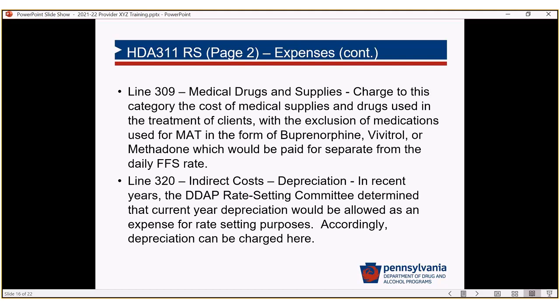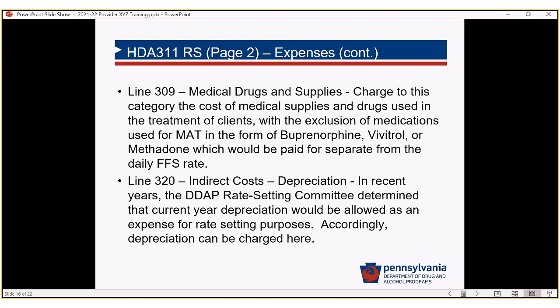The idea behind that is, as we look to collaborate with our MCO partners and compare apples to apples, we know that on the HealthChoices side, those medications are paid for by the physical health plan, not the behavioral health plan, and we're looking to do likewise in our package. So the SCAs will be contracting with you separately, one for the fee-for-service rate for treatment, and then they'll be building into their contract separate costs to reimburse you for the cost of buprenorphine, Vivitrol, and methadone as those are implemented on the inpatient levels.